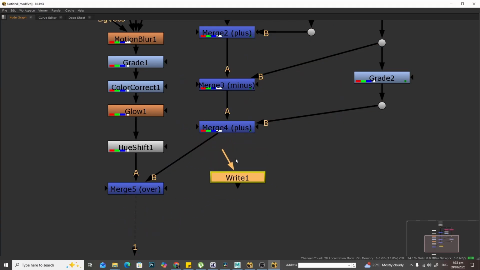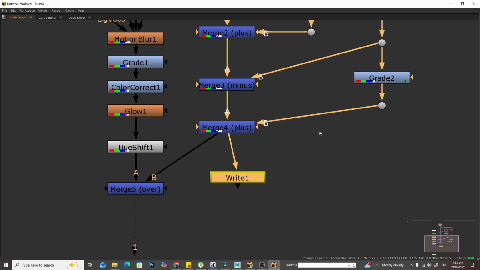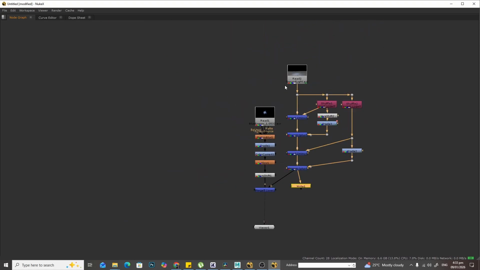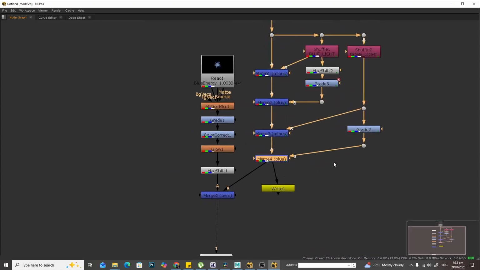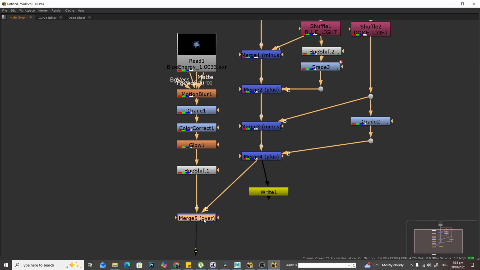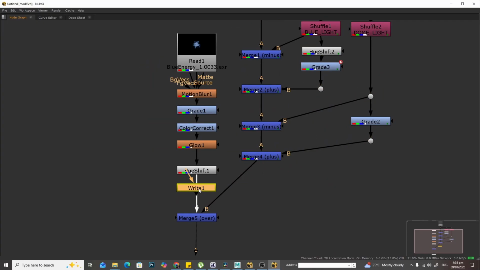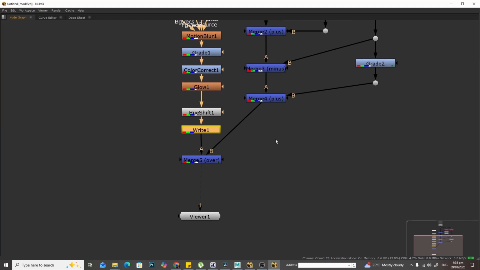Or not, you don't even have to connect there, just connect it straight here. And it will write only this portion, okay? So if you want to write out this, not including the background, this would be here, right after hue shift, right before these two pipes get merged, okay? But as of now, we want everything, so I want it down here,